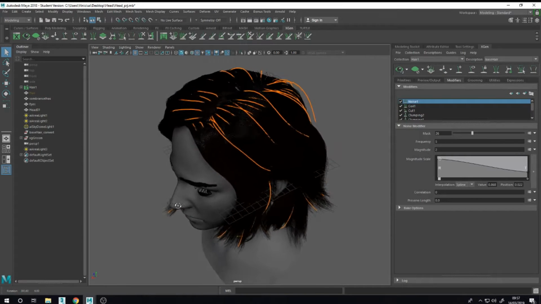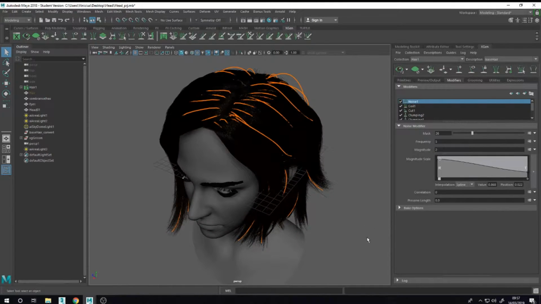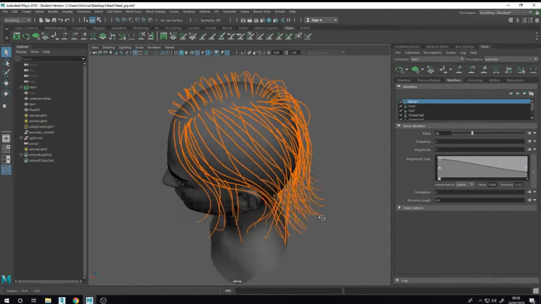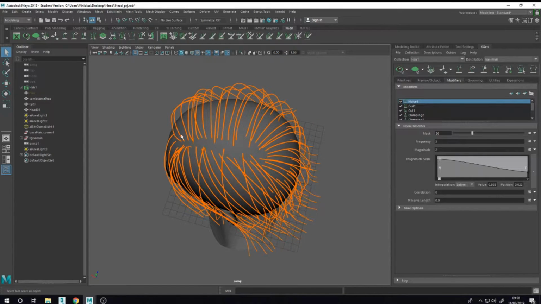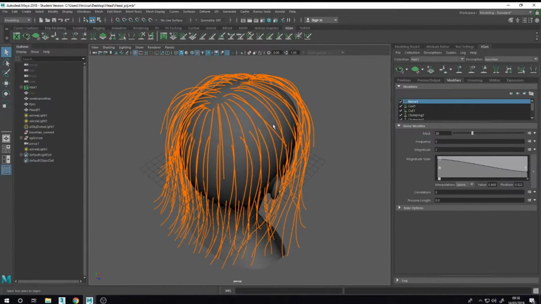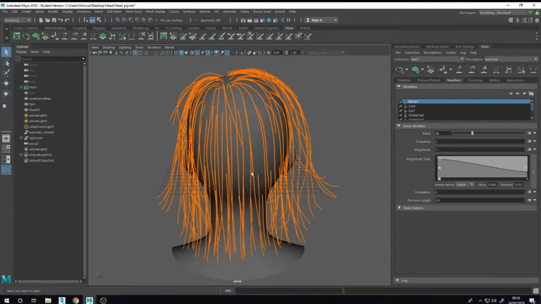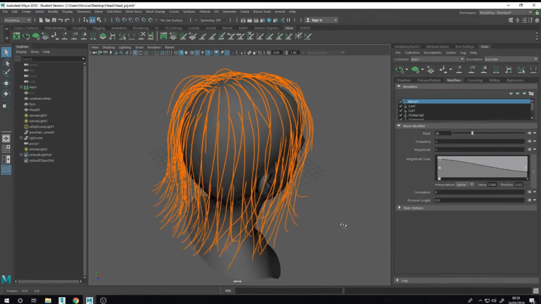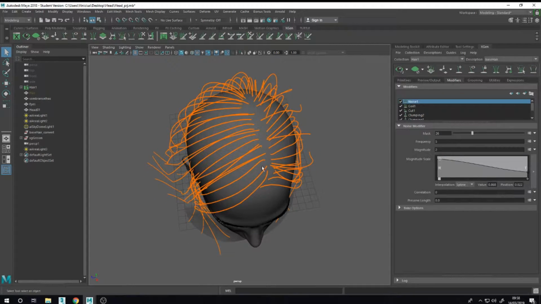And a lot of patience and adjustments, etc. So let me show you the guides here. You can see I put a lot of layers. You have the top layer here, a secondary layer here for volume, and this description here at the bottom, and for the sides here too. And the fringe, let me hide,